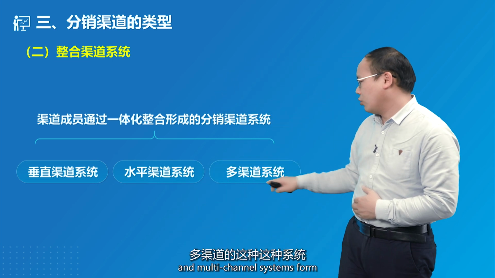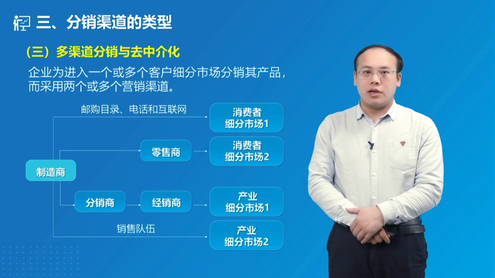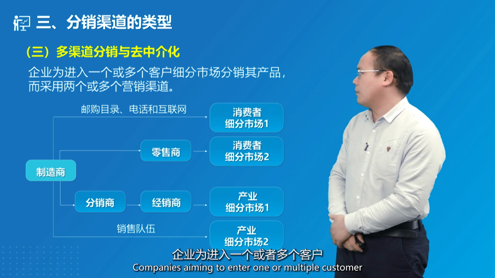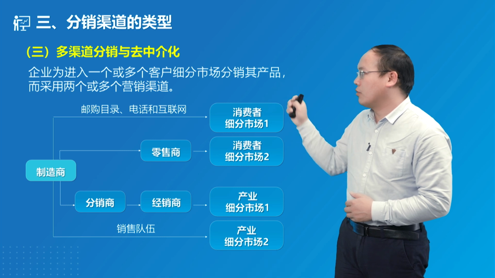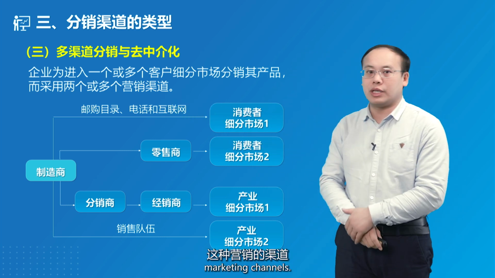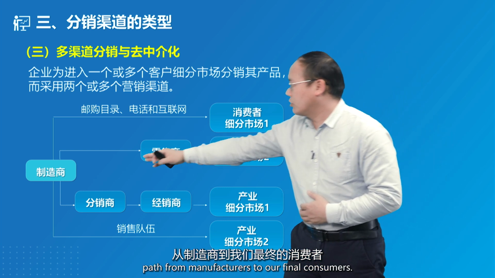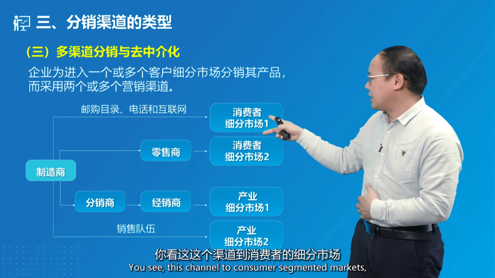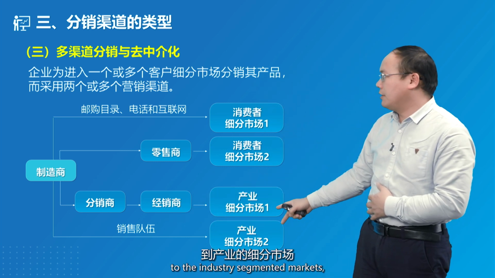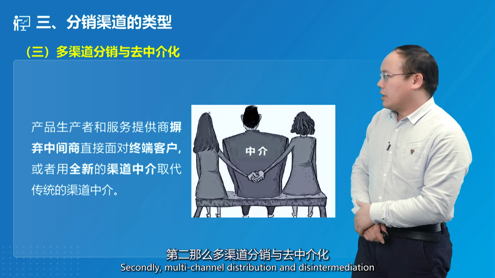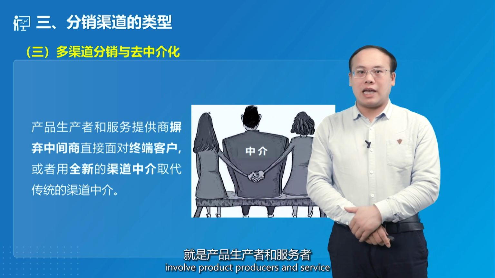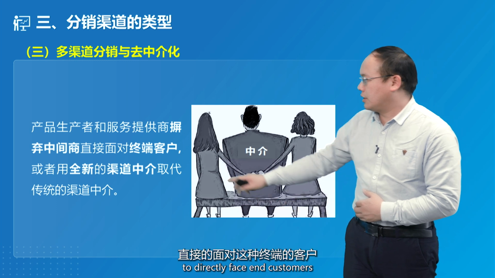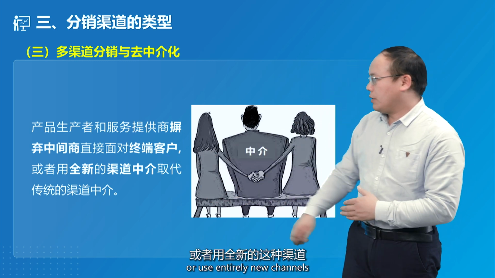Horizontal channel systems and multi-channel systems form the third aspect, that is multi-channel distribution and disintermediation. Companies aiming to enter one or multiple customer segmented markets to distribute their products must adopt 2 or more marketing channels. This is our path from manufacturers to our final consumers. You see, this channel to consumer segmented markets. What is this? To the industry segmented markets. This disintermediation. Secondly, multi-channel distribution and disintermediation involve product producers and service providers eschewing intermediaries to directly face end customers, or use entirely new channels